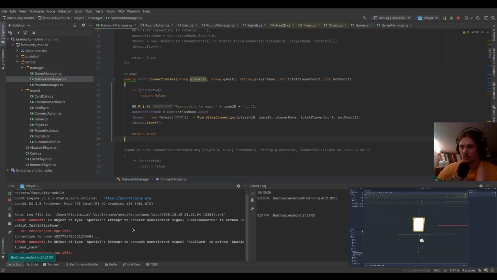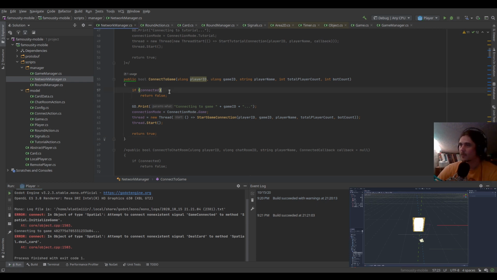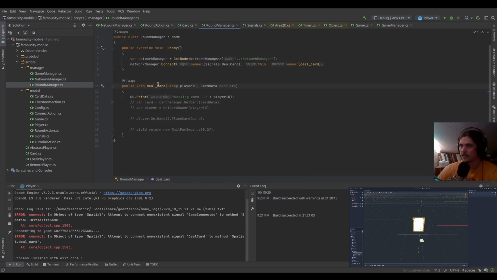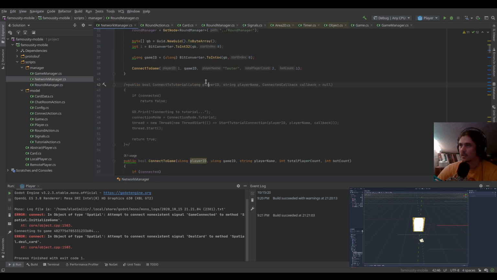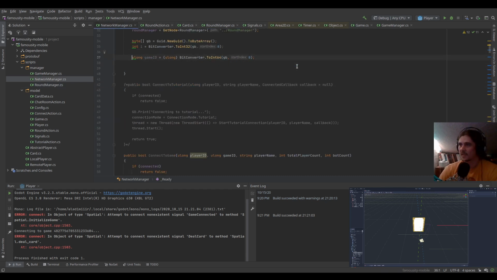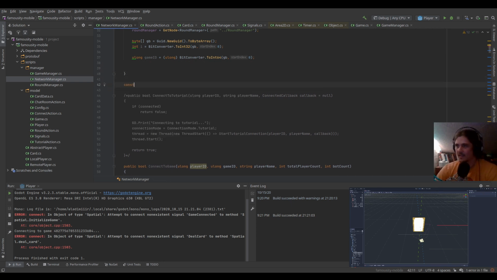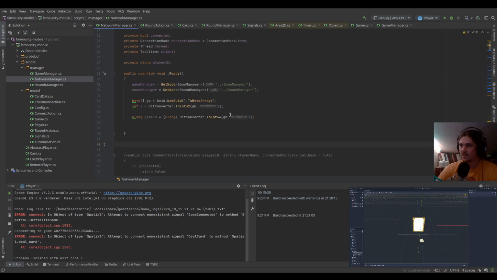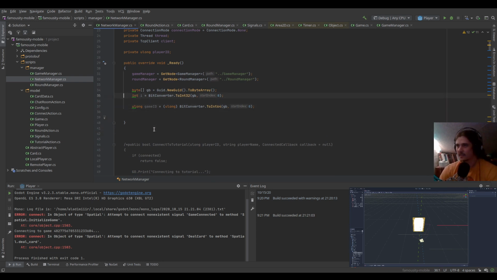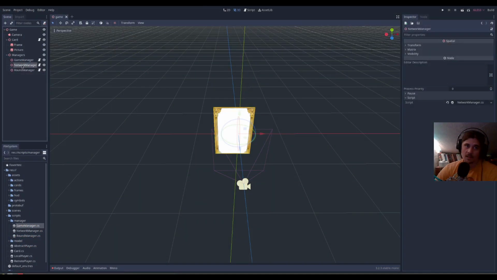So, what happened? Connecting the game. Okay, attempt to connect non-existent signal. Oh yeah, that's the problem which I actually created, and that's the problem here. So what happened actually is that I connected to a game in the ready action. So it was trying to initialize game manager, it was trying to initialize network manager, and I'm thinking that I